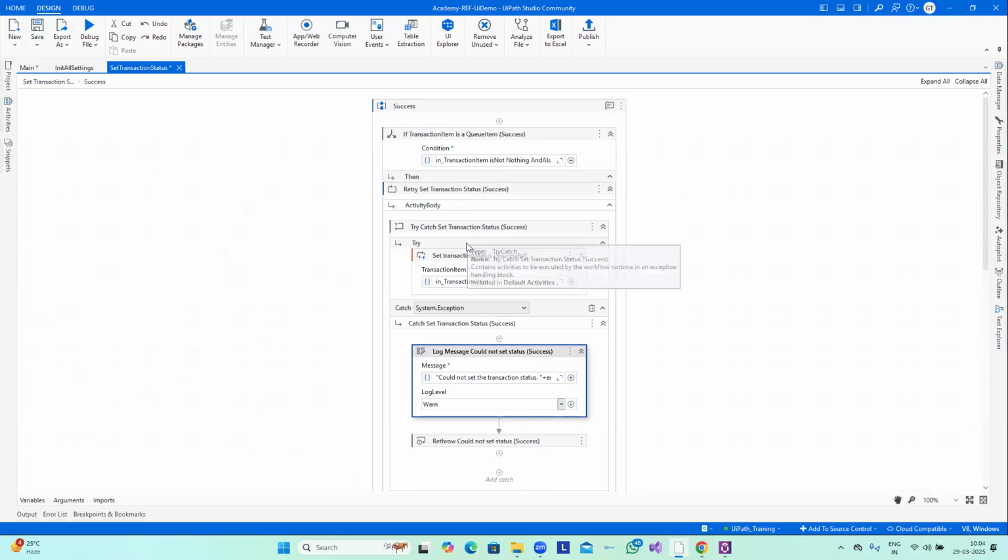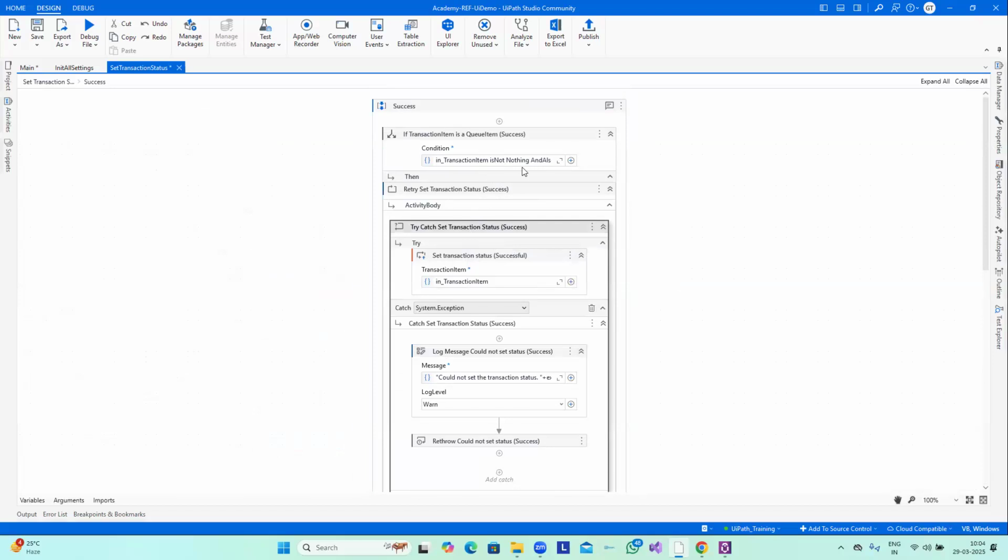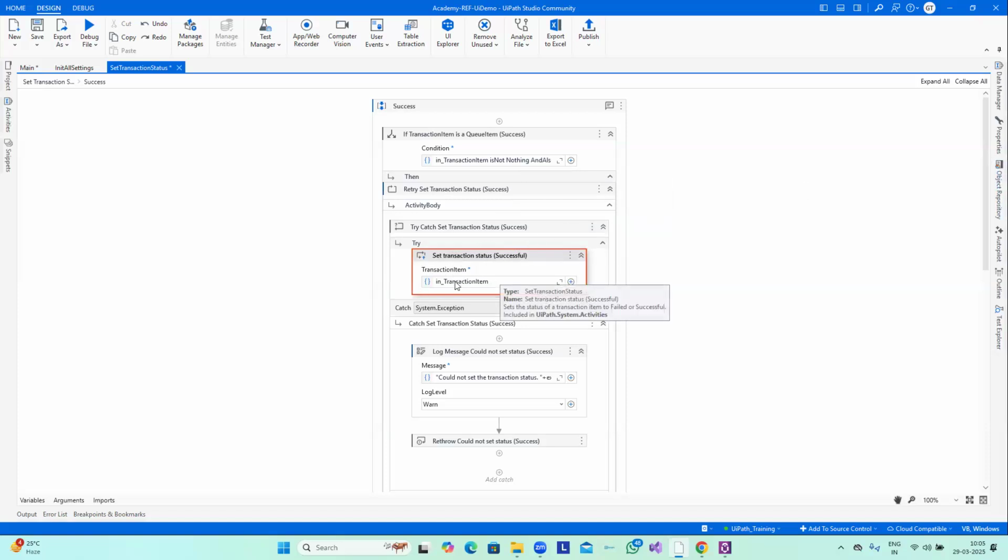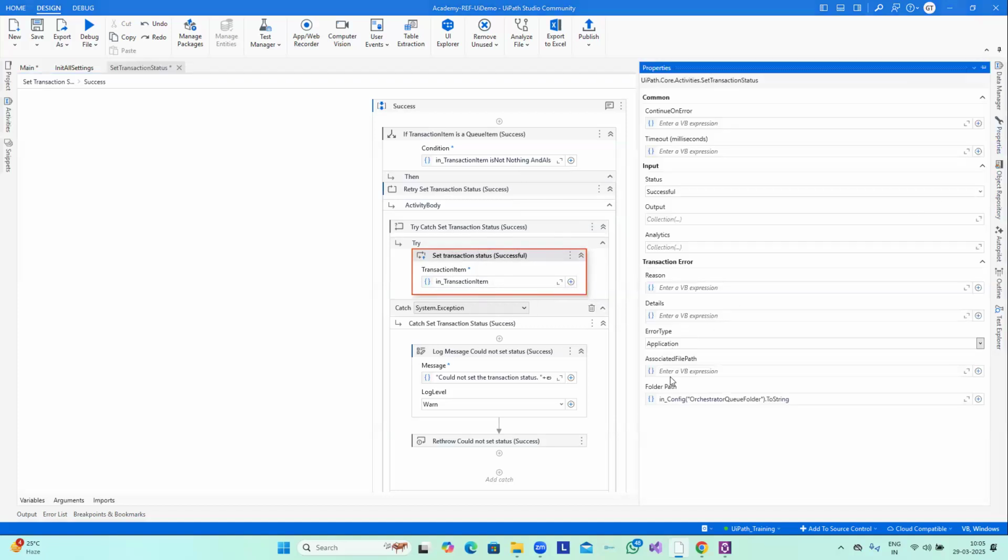Then we are going inside to verify whether the transaction item is a queue item, or something like a data table or a collection, right? If it is a queue item, then we are utilizing the Set Transaction Status activity. Over here you can see that we have provided the queue item variable in underscore transaction item, and we have marked it